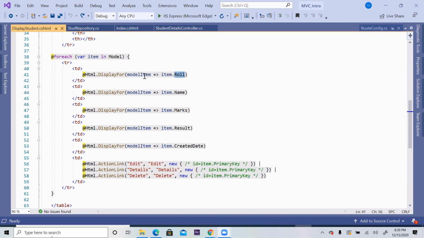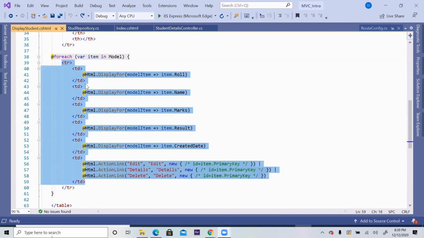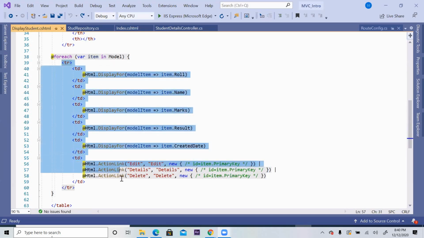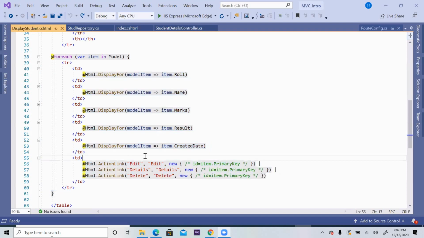Role. This can be anything; X such that also you can write, Y such that also you can write. But inside this loop, every time the loop is running, your item is one object of the student class. So that object dot role, that object dot name, that object dot marks, it picks up and displays. So this row will be repeated again and again.